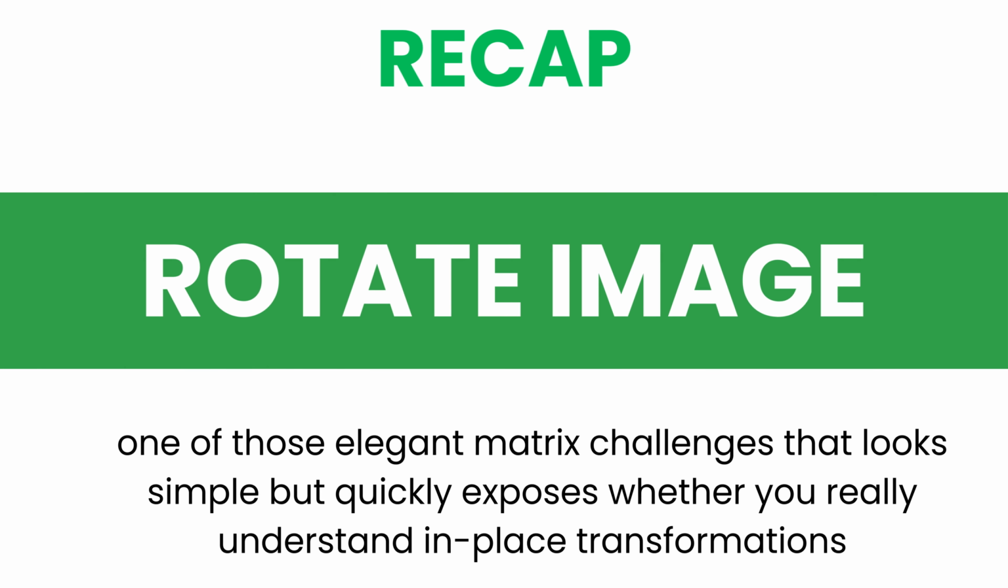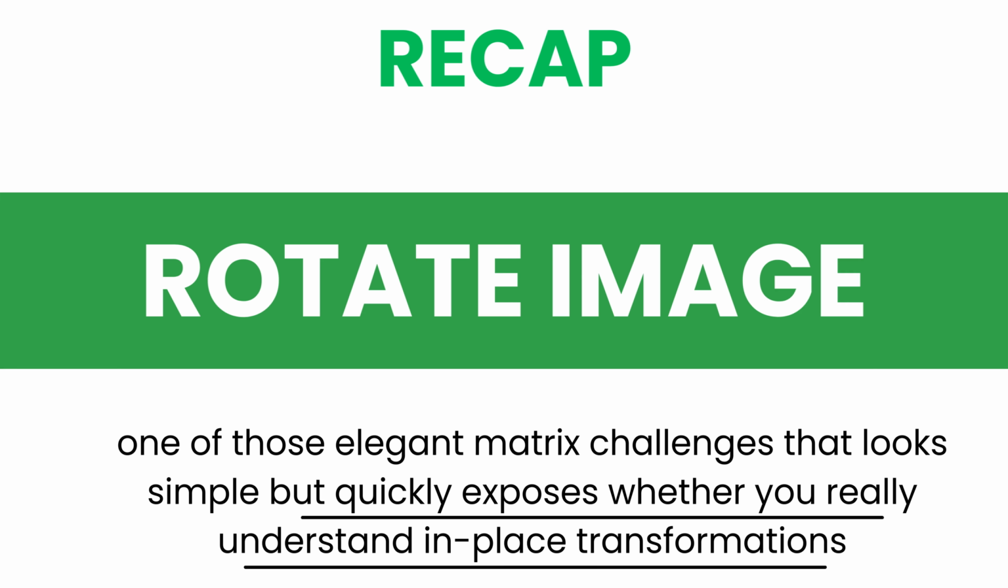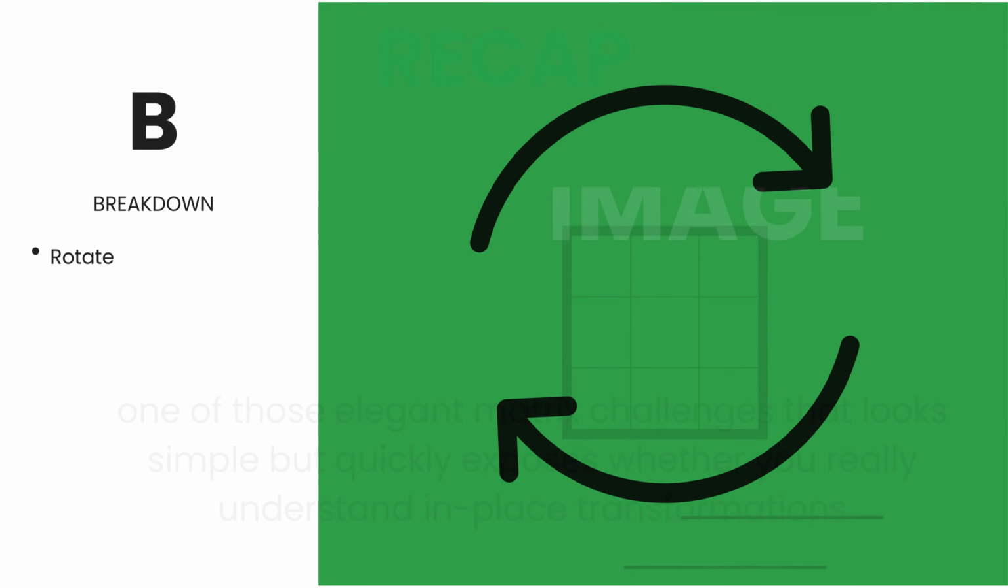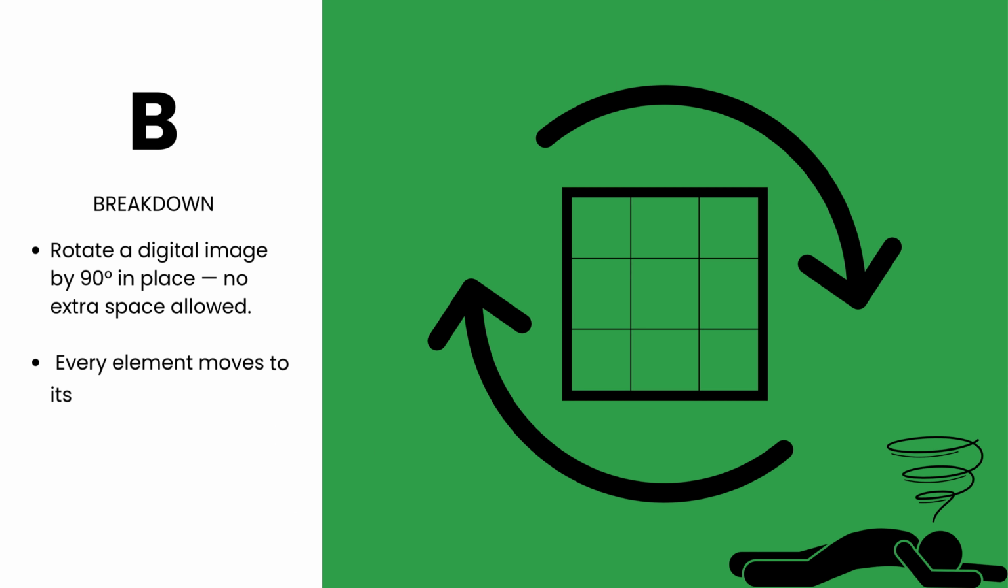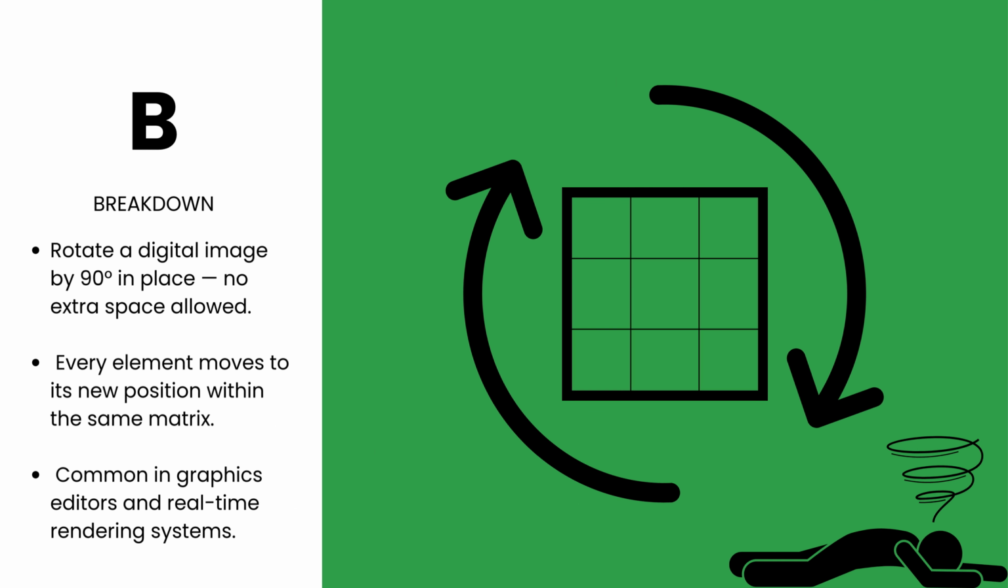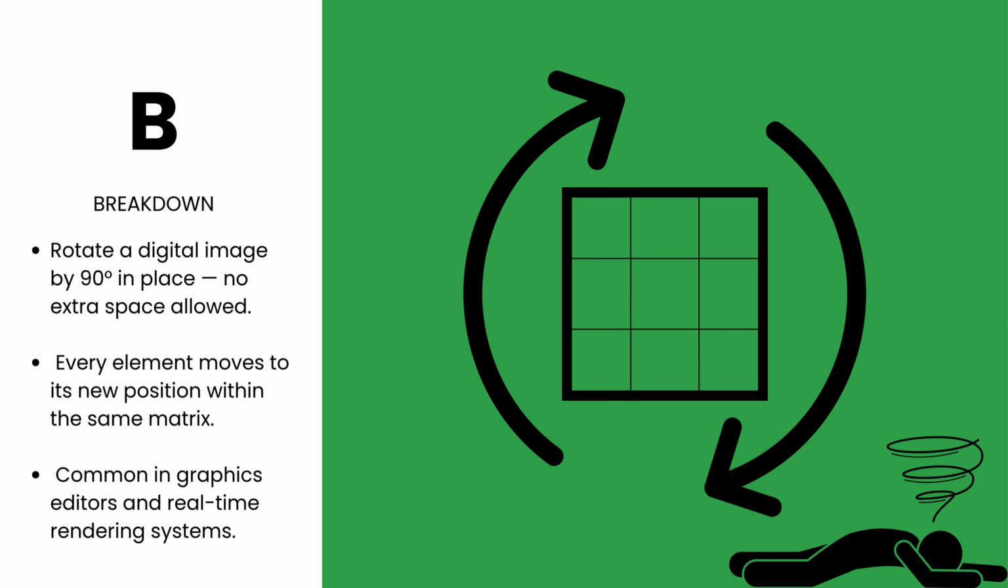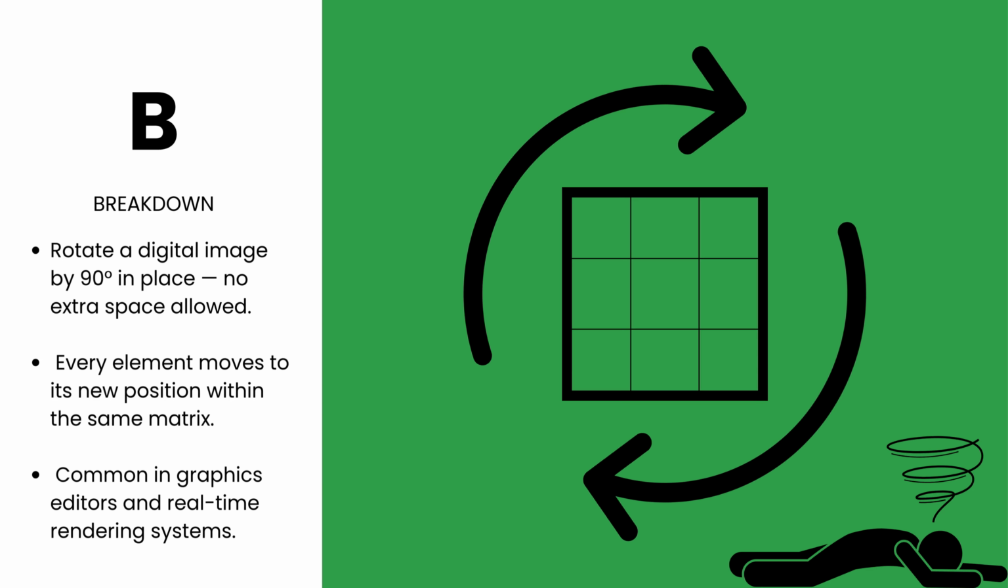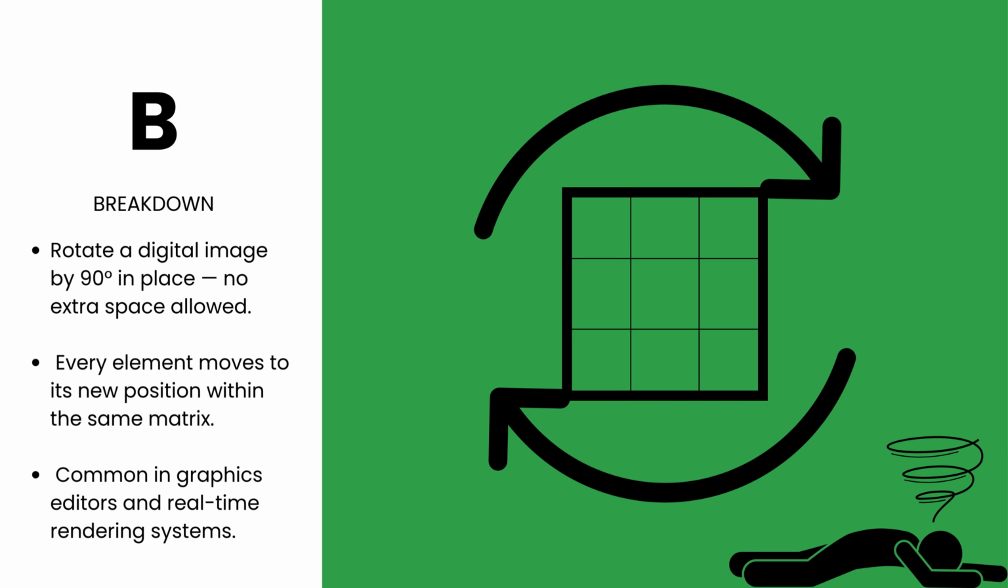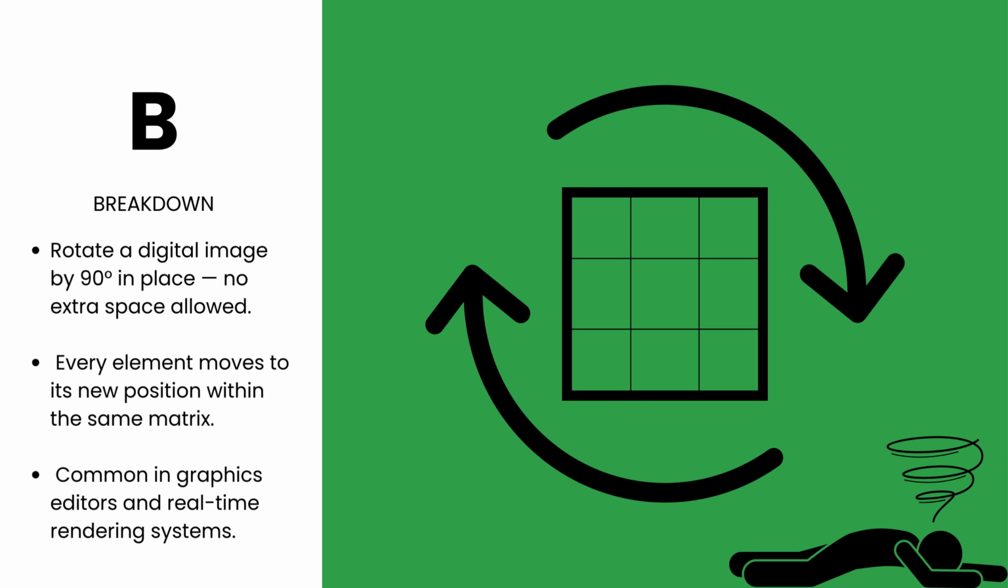So, let's wrap it up. The rotate image problem is one of those elegant matrix challenges that looks simple but quickly exposes whether you really understand in-place transformations. No shortcuts, no extra space. We started by restating the goal. Rotate an n by n matrix 90 degrees clockwise, directly in place. It's about repositioning every element exactly where it belongs, just like rotating a digital photo pixel by pixel, without creating